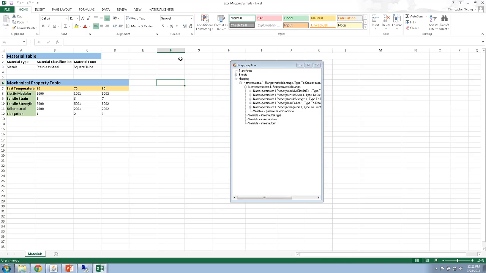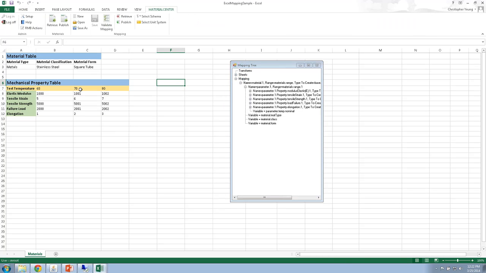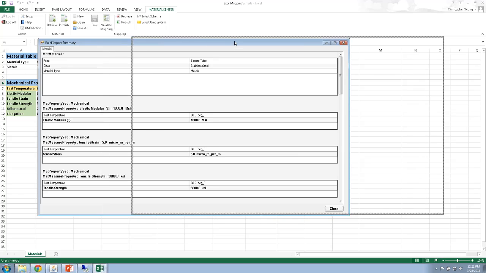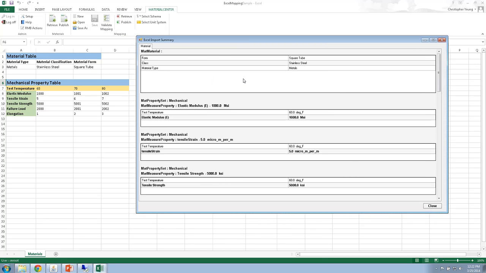So very quickly, I just completed the mapping process for this customized spreadsheet. And now that the mapping process is complete, from within the tool, I can also validate and preview my new Excel template that I've just created to ensure that the data is formatted correctly when I bring it into my database. And then finally, I can save the template directly to my database